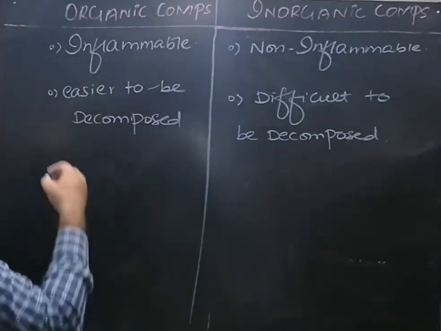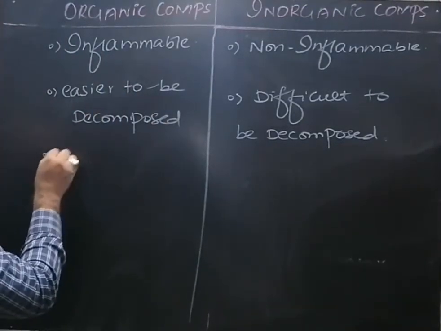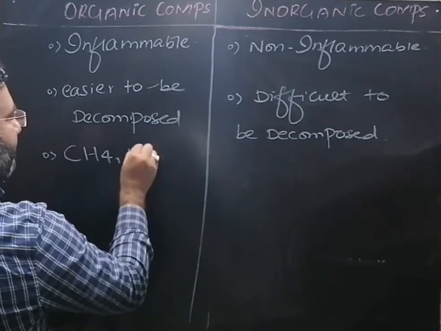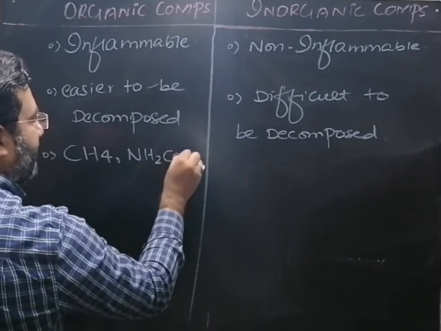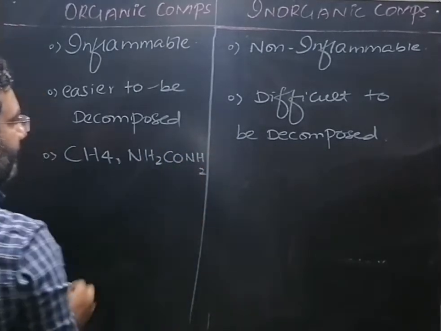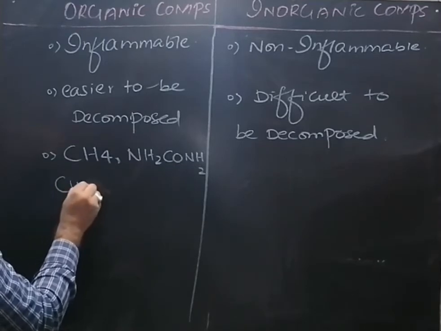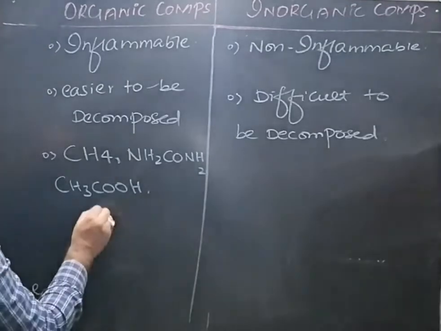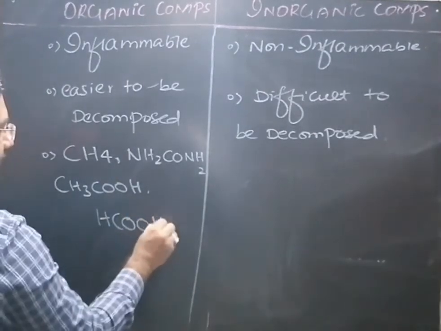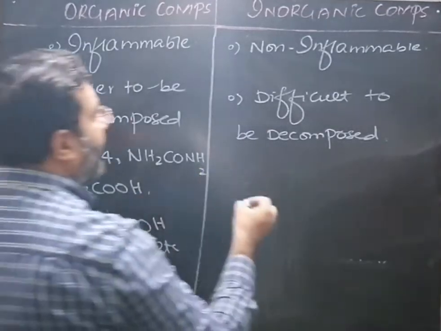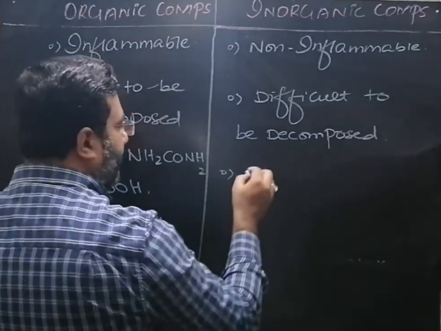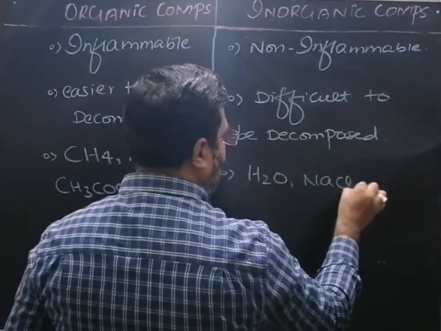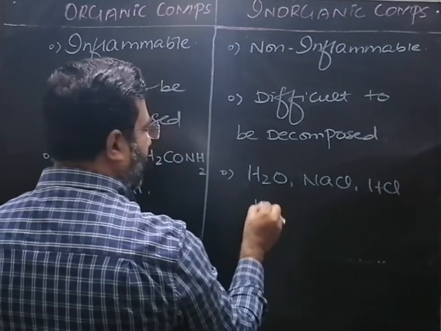And at last, what are the examples of the organic compounds? Like the simplest organic compound is methane, and another very famous organic compound is NH2CONH2, that is urea. Then you have vinegar, acetic acid, and then you have formic acid, etc. And there are so many examples of the inorganic compounds like water, NaCl, HCl, HF,